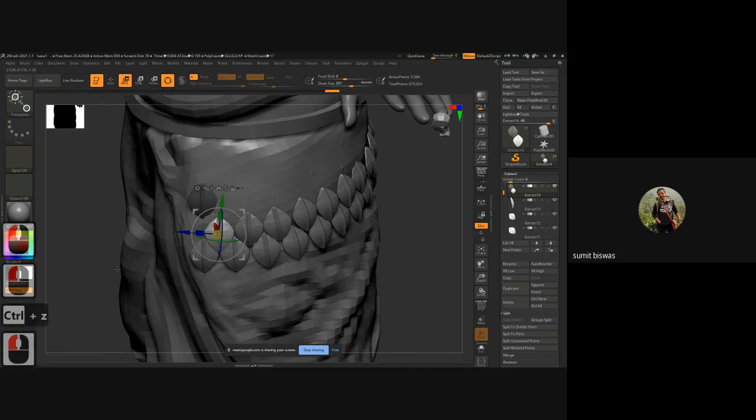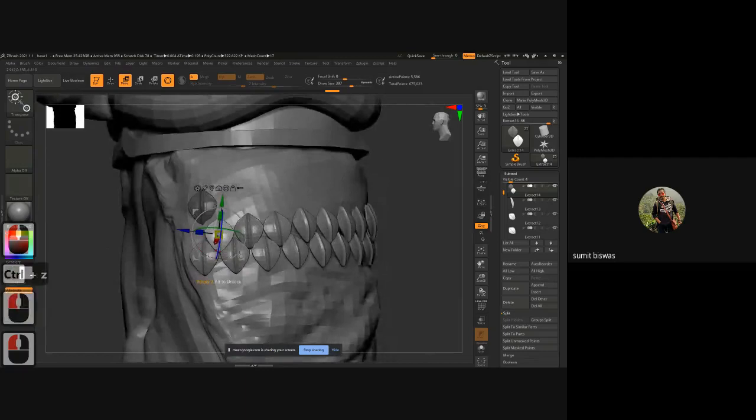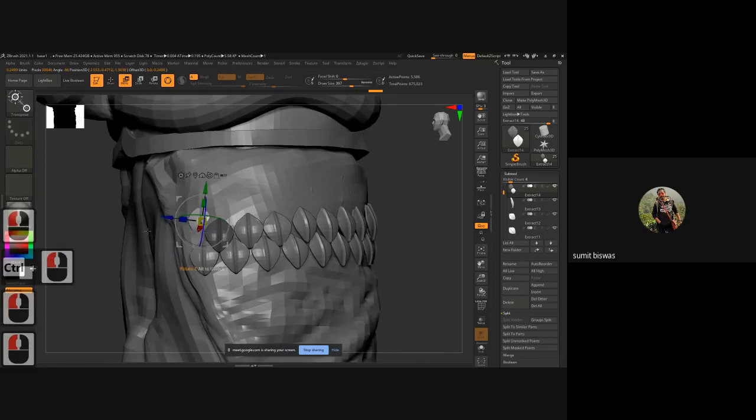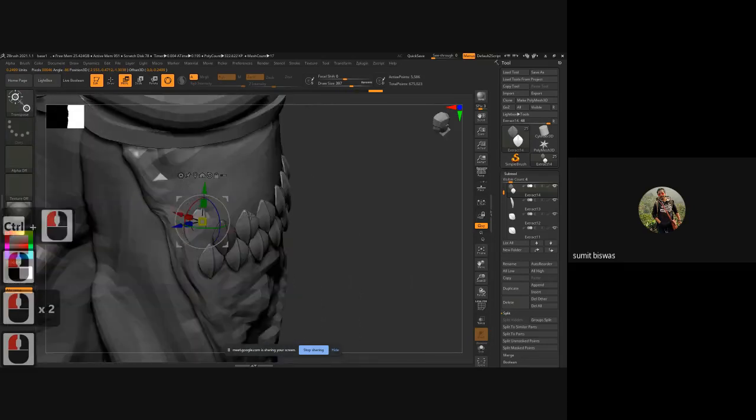If you scale, it should be like this, and then invert, center, move it down, push it slightly outside, bend it slightly.